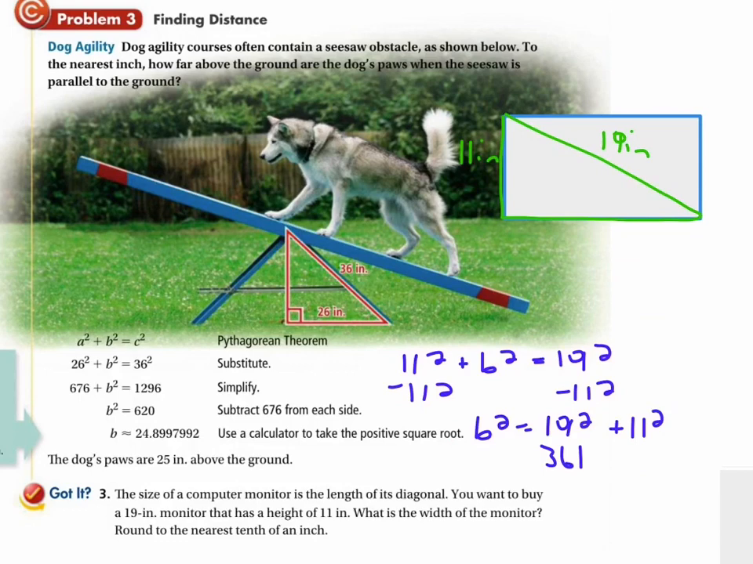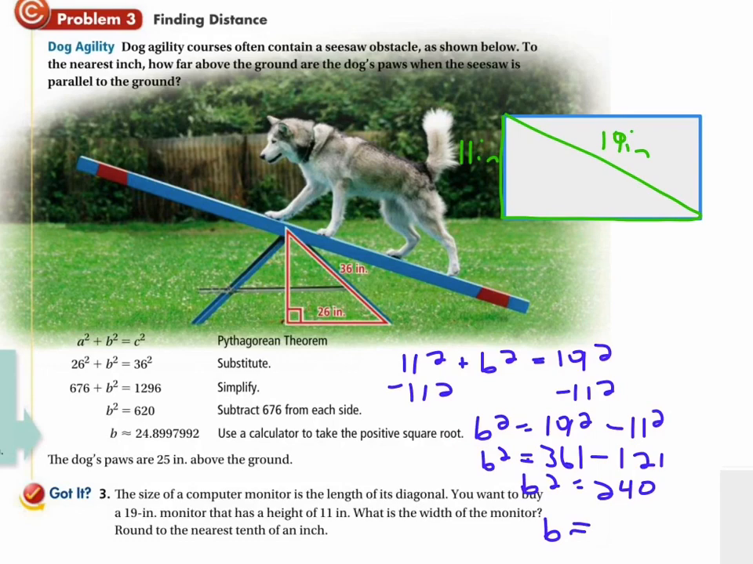Oh, I'm sorry. I said plus, it should have been minus. Right there, my mistake. Hopefully you caught that. Subtracting it, okay? Minus 11 squared is 121. And if we subtract 361 minus 121, we get b squared equals 240. And therefore, b is approximately equal to, if we use the square root button